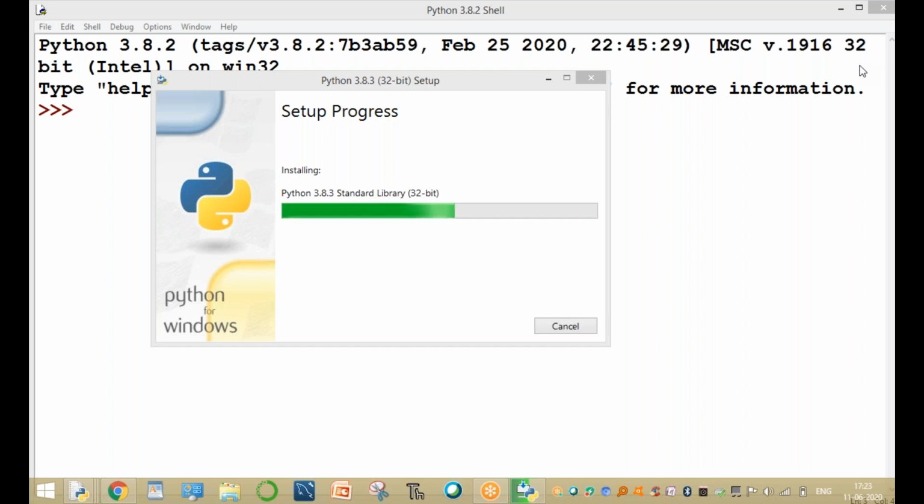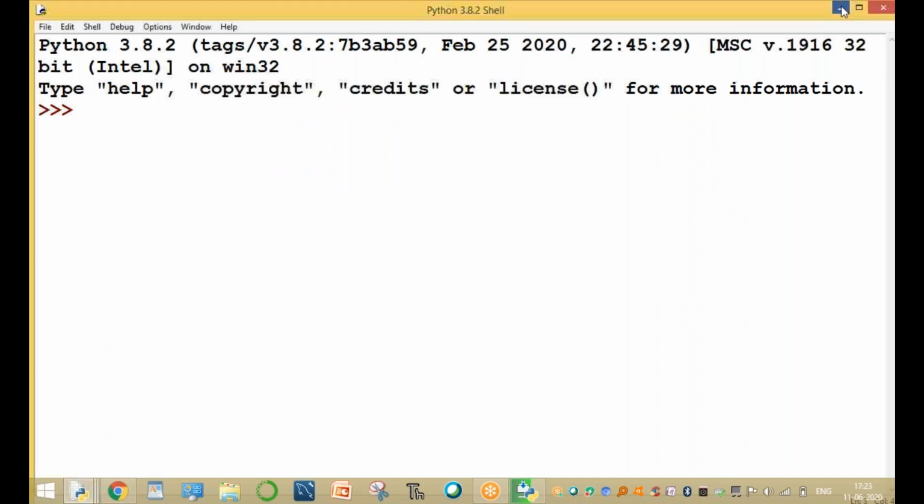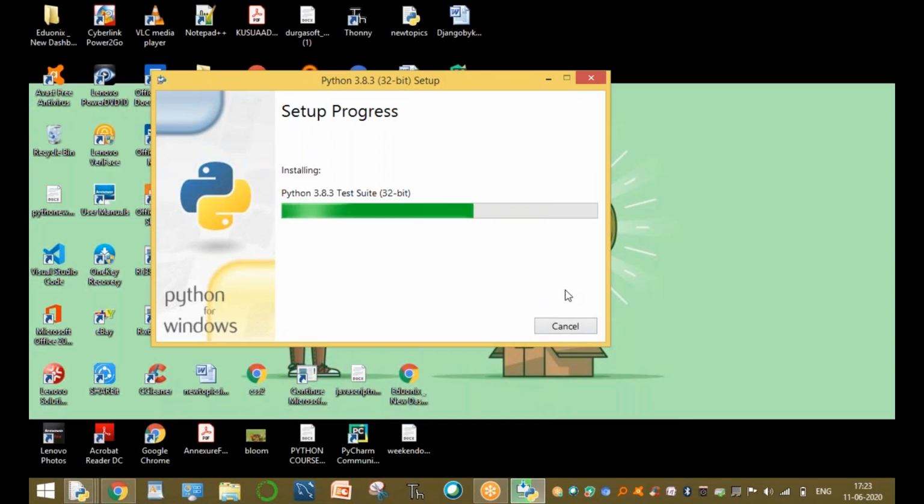First complete the Python installation, and verify which version you installed, 3.8.3. Here we are installing the 32-bit Python software, version 3.8.3, the latest version.